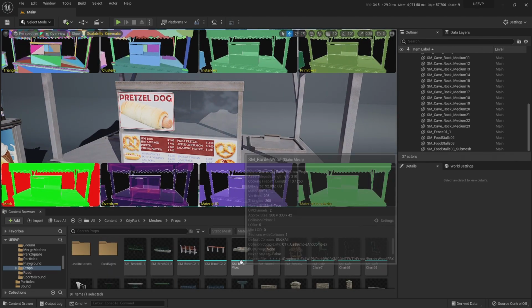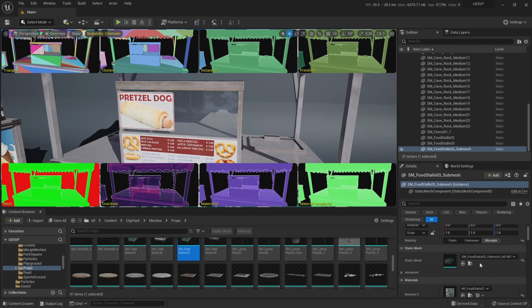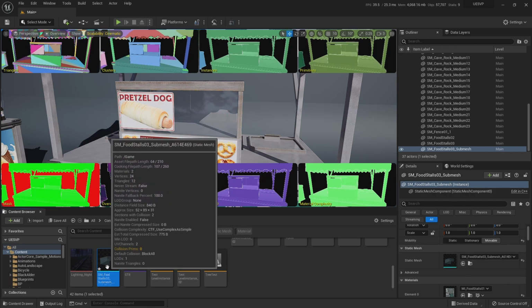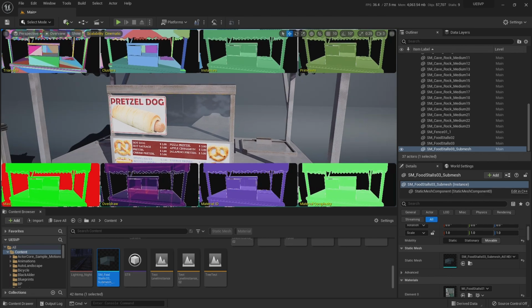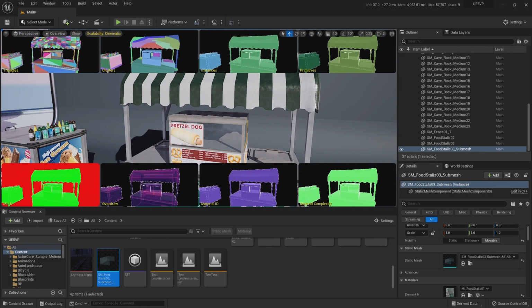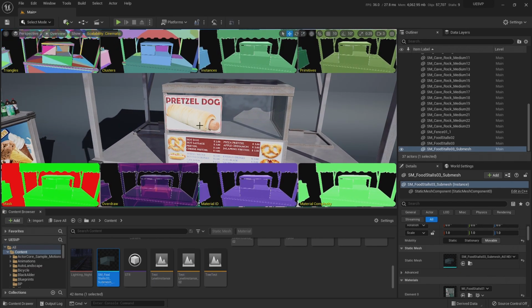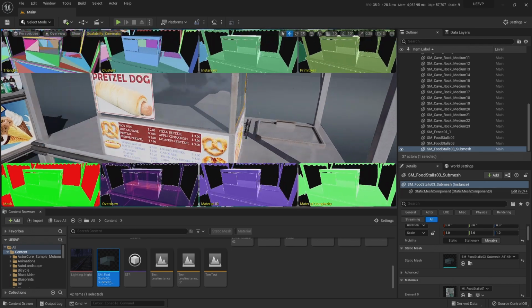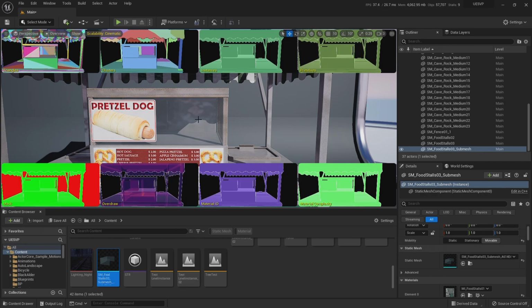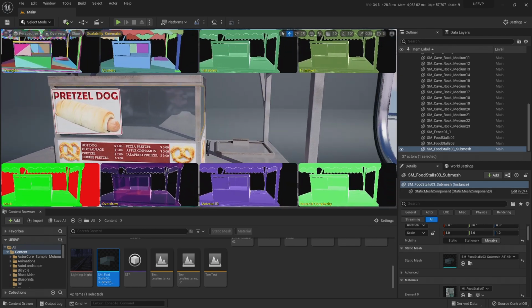So if I go up here, I'm guessing it is, I could check here and show me where you are. So it saved it in the content. I can save it out, and now it's there. So if you want a fast fix, this will work. But the only thing is now you're going to have a little bit of a scene that is not Nanite, but is rendering correctly. So you can make a little bit of a sacrifice, and it's not going to do much harm.